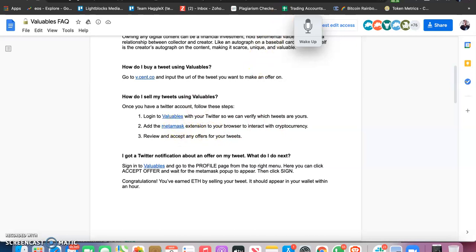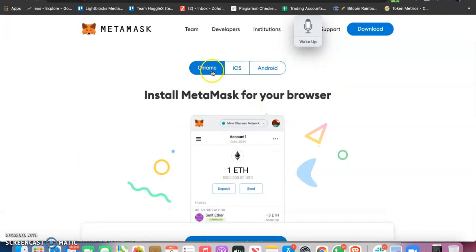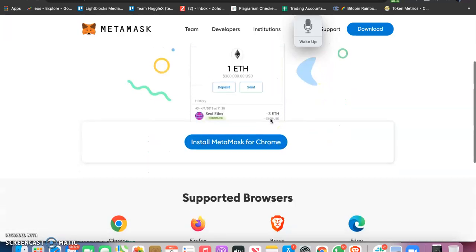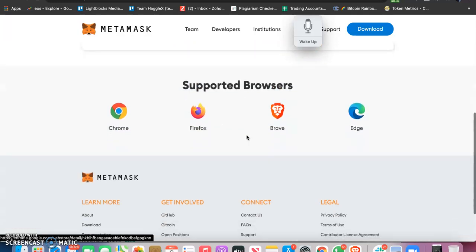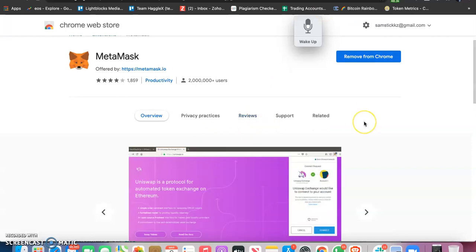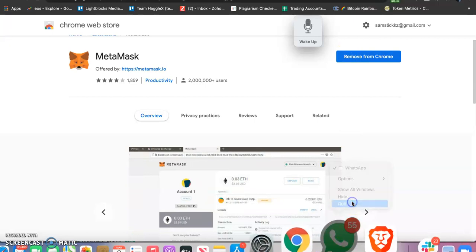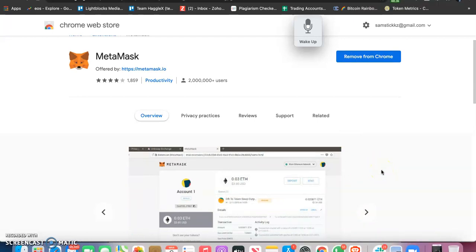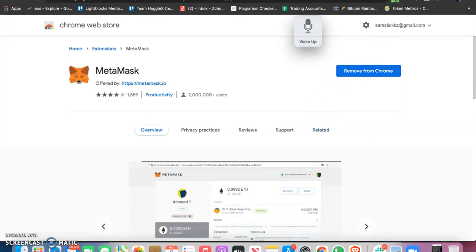What is MetaMask? MetaMask is a wallet. This is what it looks like. There's a Chrome version, there's iOS, there's Android version, right? So you just install your MetaMask on any of your devices, right? I've already done that. You can put that into your Chrome extension, right? If you already have an account, all you need to do is input your 12 seed phrase. I'm going to close my WhatsApp so that I can input your 12 seed phrase, or you just create an account. It's super easy to do.